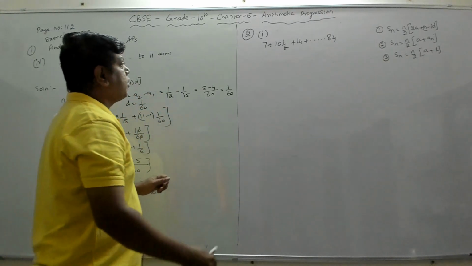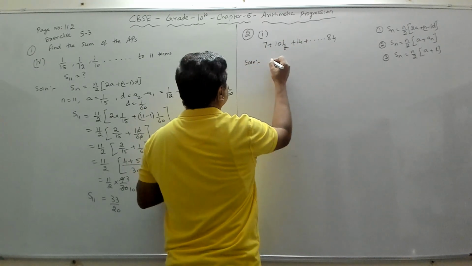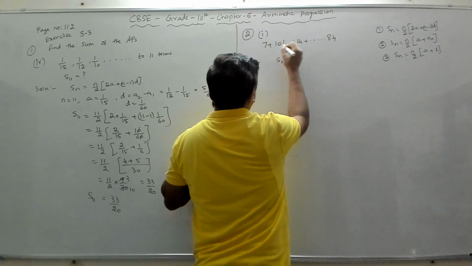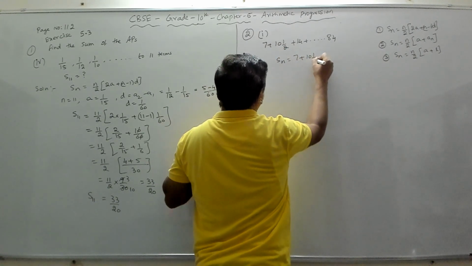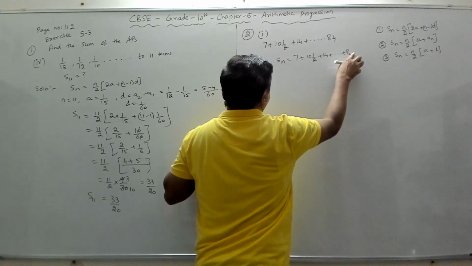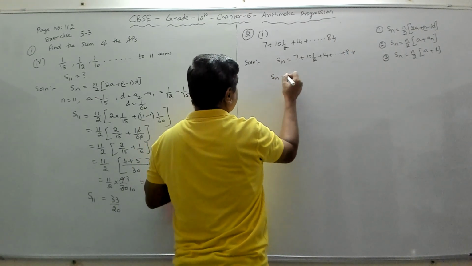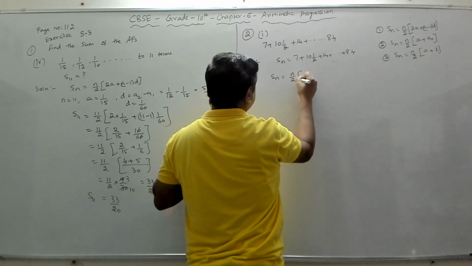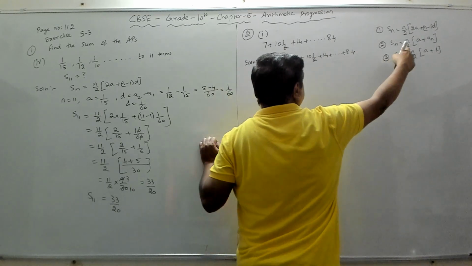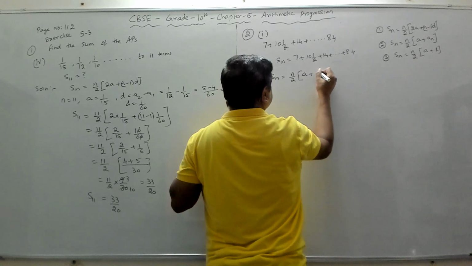Now what is our formula for finding the sum? So solution, we have to find the sum of this. So we will call this Sn equal to 7 plus 10 1 by 2 plus 14 plus dot dot dot plus 84. Right? Now to find the sum of this, what is our sum of first n terms formula? That is n by 2 into, now here if you observe, we know the first term and the last term. Last term is 84. We know that. So we can use any one of the formulas. Right? So we can say n by 2 into a plus an.